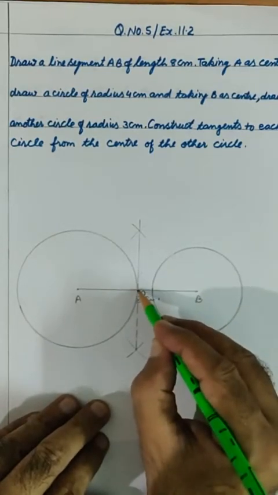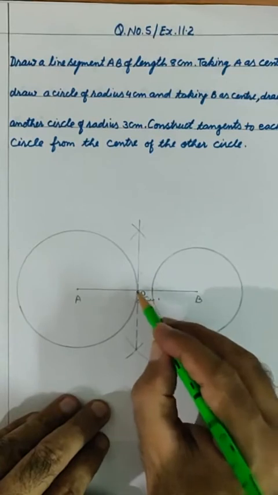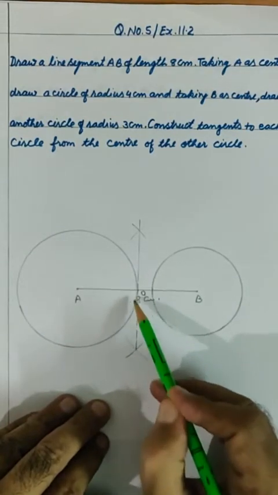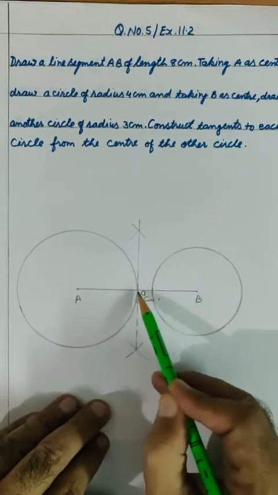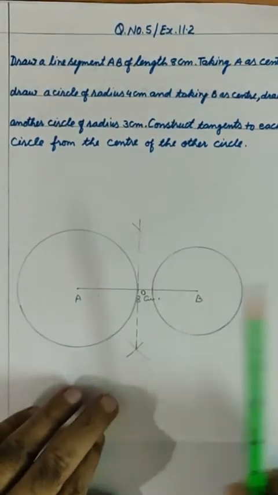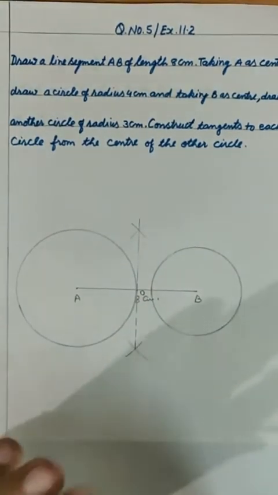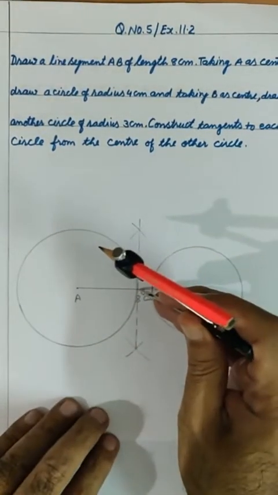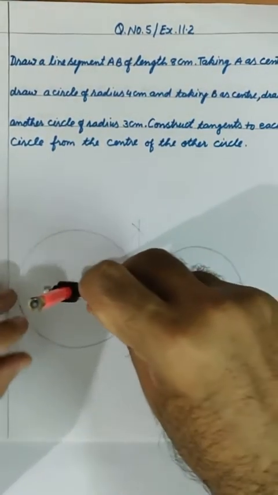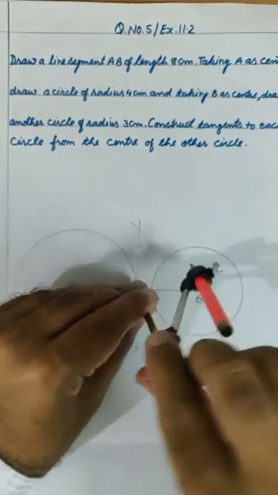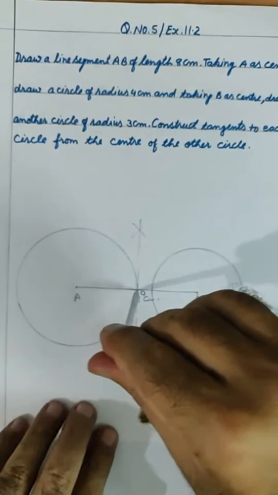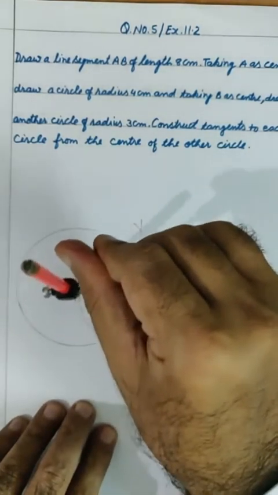This is the particular point where the teacher sees: if this bisector intersects from the inside, it means it is wrong. If it is away from this, then it is wrong. So it will go from here. So this point is to be noted. So you put the center here and open up to A, or B, and draw a circle. I think you are able to do it.